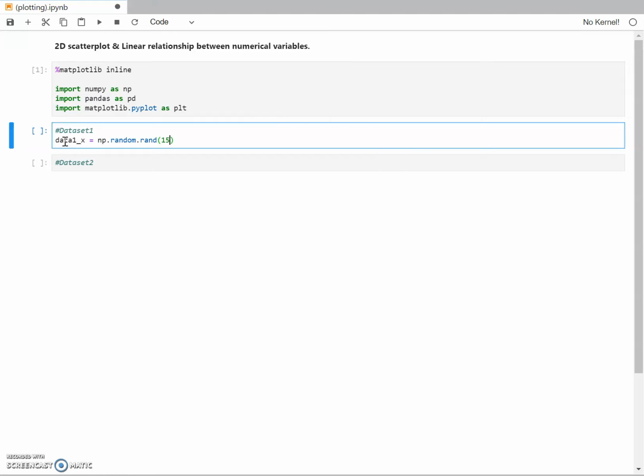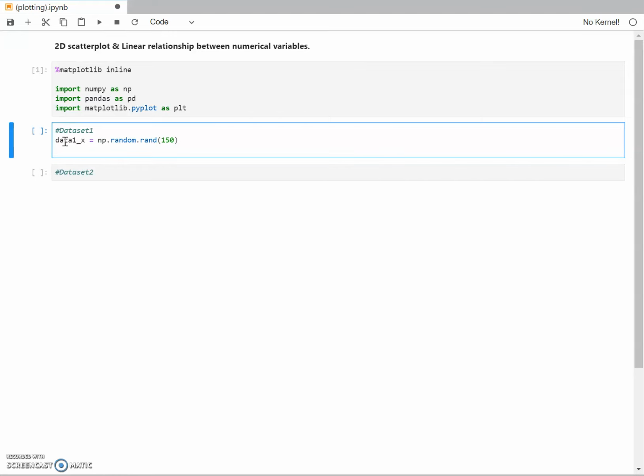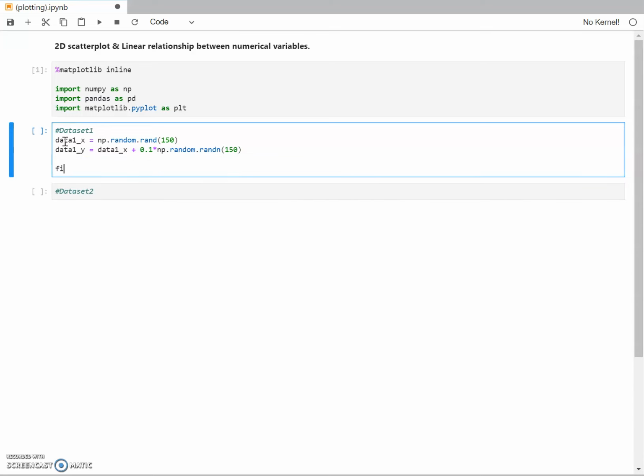I want to choose 150 and then data1y equal data1x plus 0.1 multiplication np.random.randn 150,